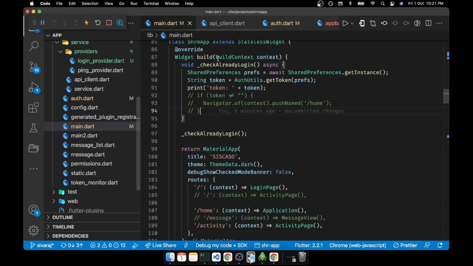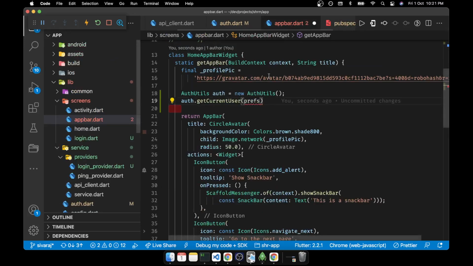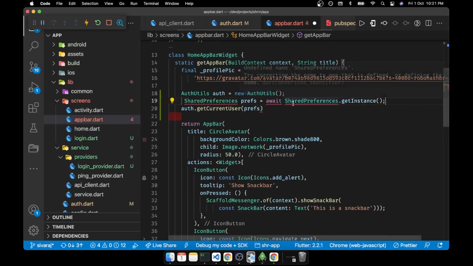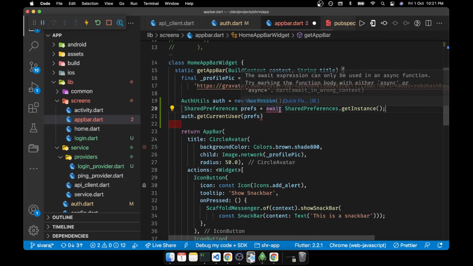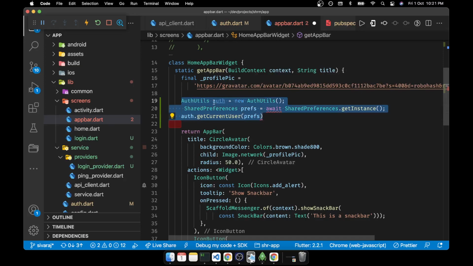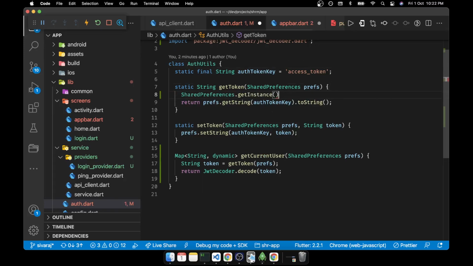How do you pass the preference? There we can do it directly, right, in the preference dot. Why can't we do it this way?